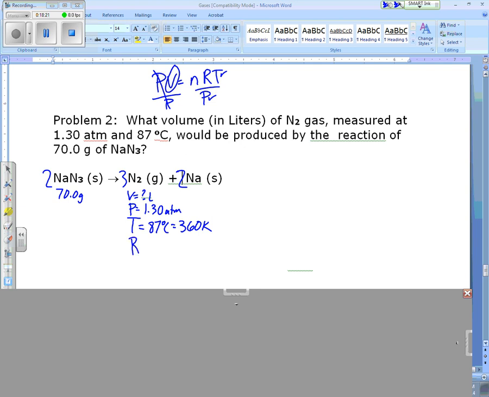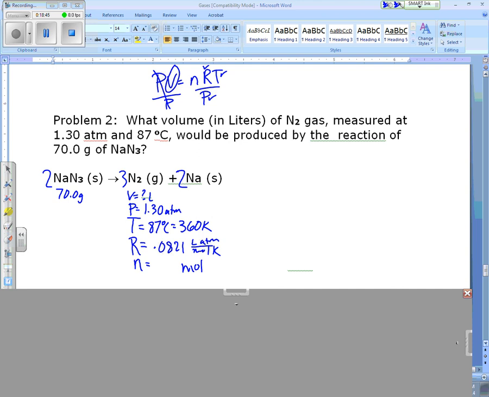Which R am I going to use? Is the one that has what in its units? Atmospheres, and that's the 0.0821 liter atmosphere per mole K. And so we have that. And the other thing we need is n. What is n? Moles. Okay, now it is going to be, if we do PV equals nRT and solve for